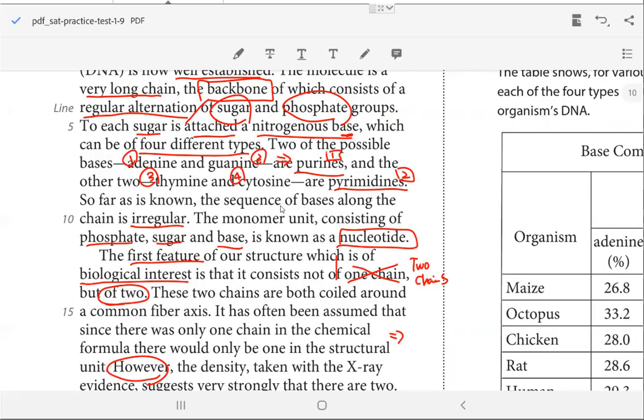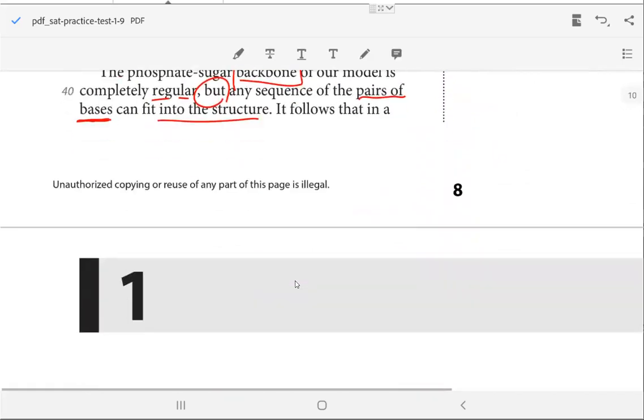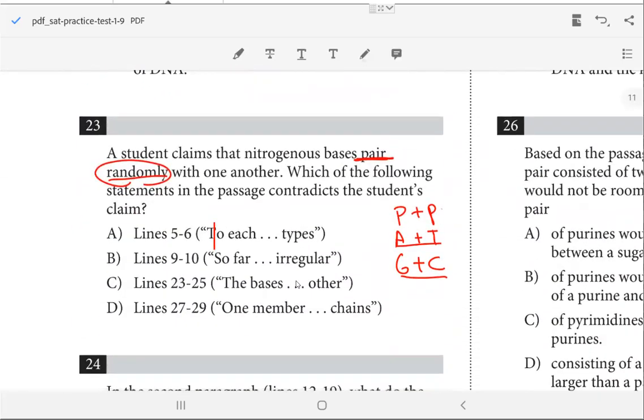9, 10. So far as it is now, the sequence of bases along the chain is irregular. 그러니까 irregular한데 regular하진 않는데 이게 완벽하게 랜덤하게 irregular한지 irregular한 거 안에서도 뭔가 바운더리가 있는지 뭔가 룰이 있는지 뭐 그건 우리가 알 수가 없죠. 9, 10만 읽어서는. 그리고 우리가 지난 비디오에서 읽었듯이 irregular 하지만 랜덤하지 않죠. 예, 룰이 있죠. 하나씩 들어가야 되잖아요. 그렇죠? 예, 그러니까 A랑 B는 아니네요. A랑 B는 아니고